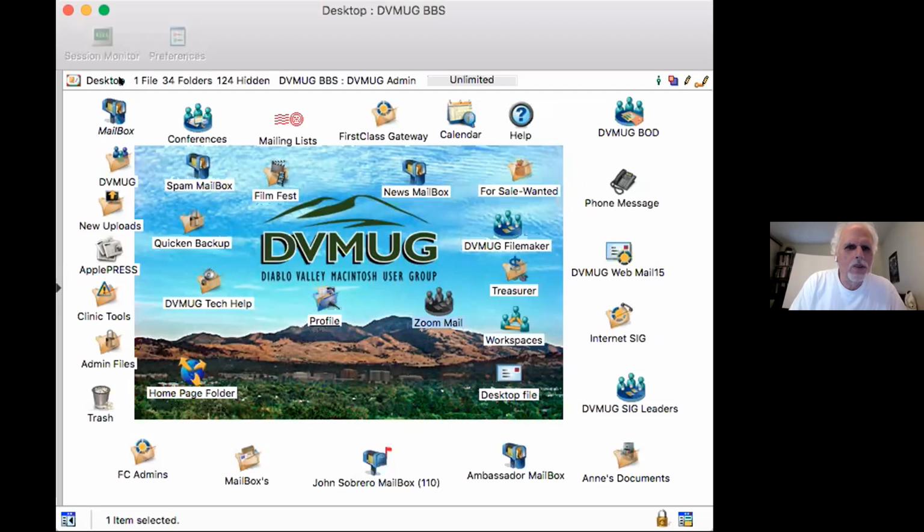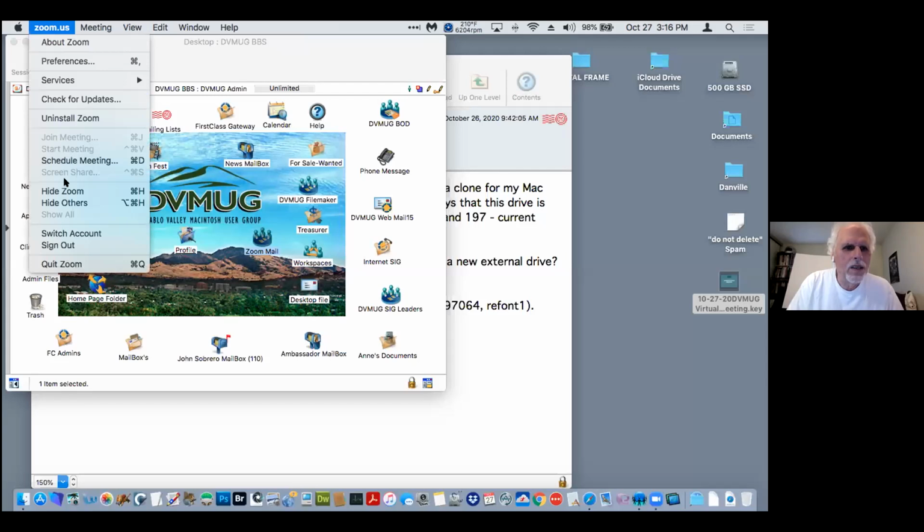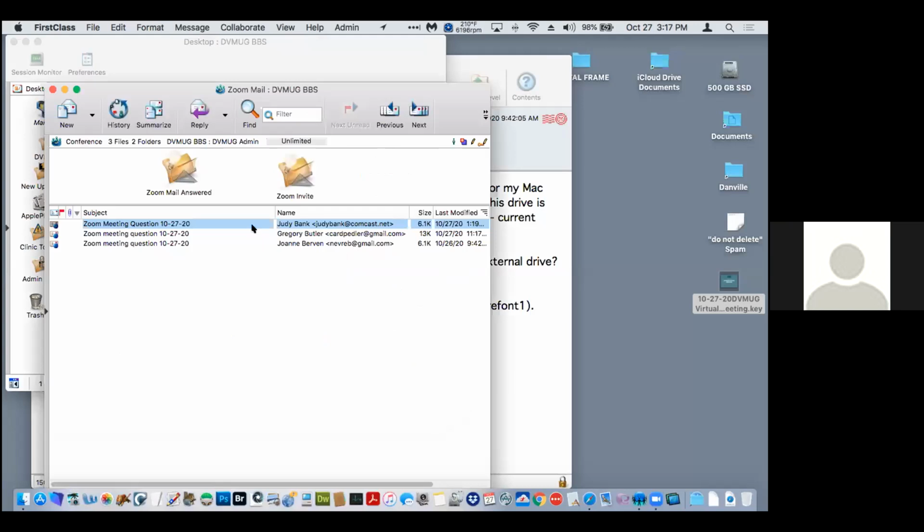It's probably because it only shares that window, it doesn't share the pop-up windows. Stop share. Share this. Okay, hide Zoom. Okay, close that. You see it now?